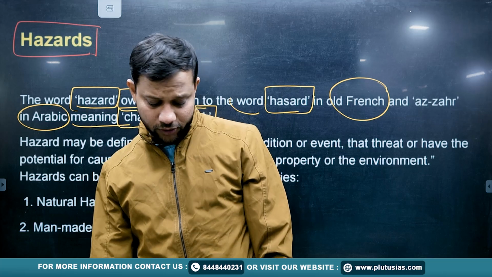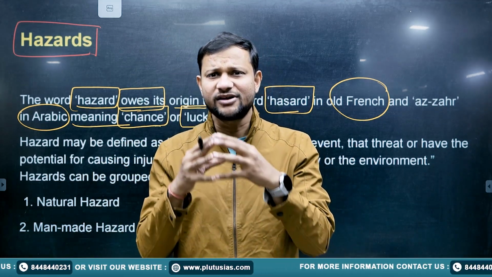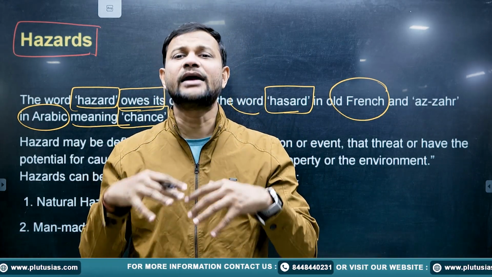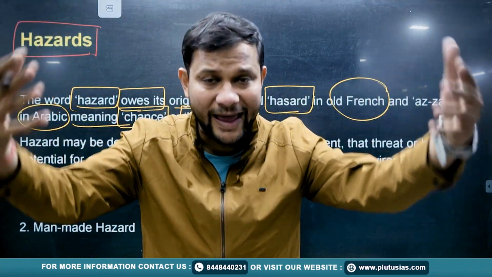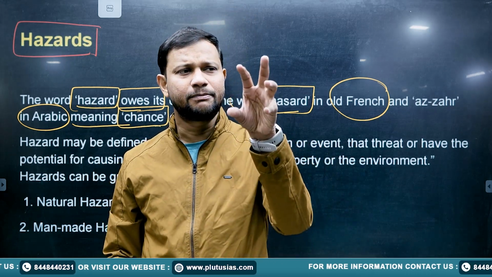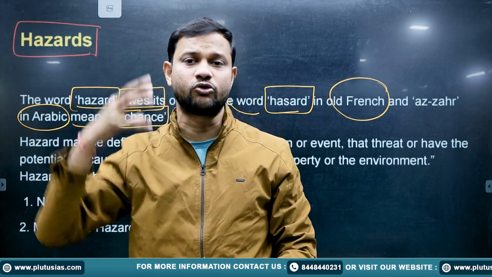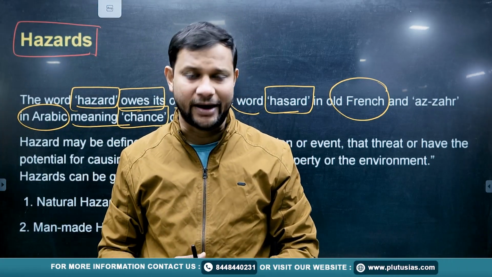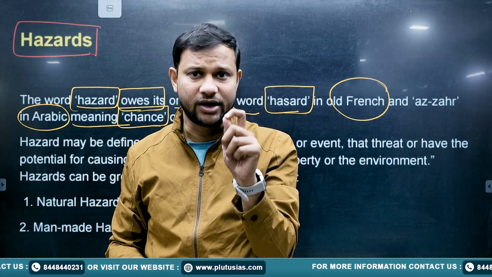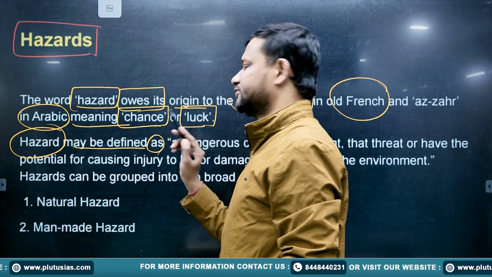Now what is hazard, the term we use in disaster management particularly? Hazard in that sense is a potential, a by-chance, by-luck disaster that actually realizes on the ground. It is the by-chance realization of a disaster, and the expectation that the disaster is going to happen and would lead to that kind of impact. So if we define it, hazard may be defined as